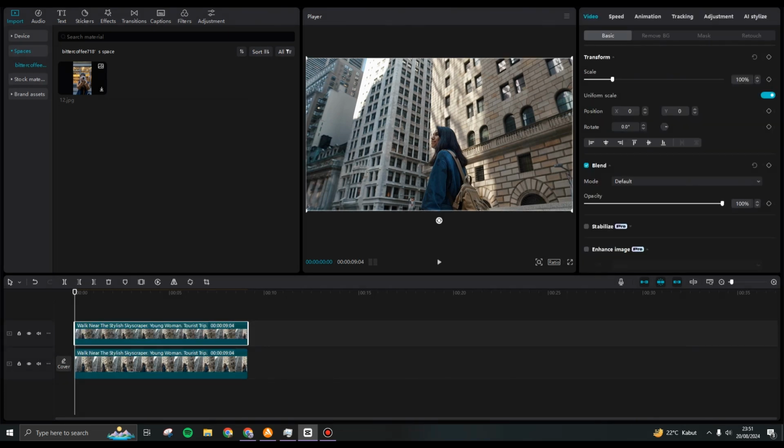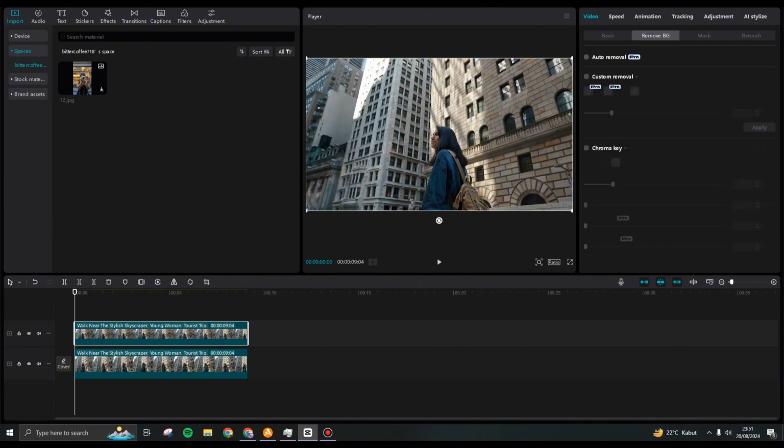Click on the second clip, the one at the top, and then remove its background. Go to remove background. Here I'm going to just use the auto removal. You can see now CapCut will be applying the auto cut. See the progress in here. So after the auto cutout is completed, you can just click on the first video right here and then go